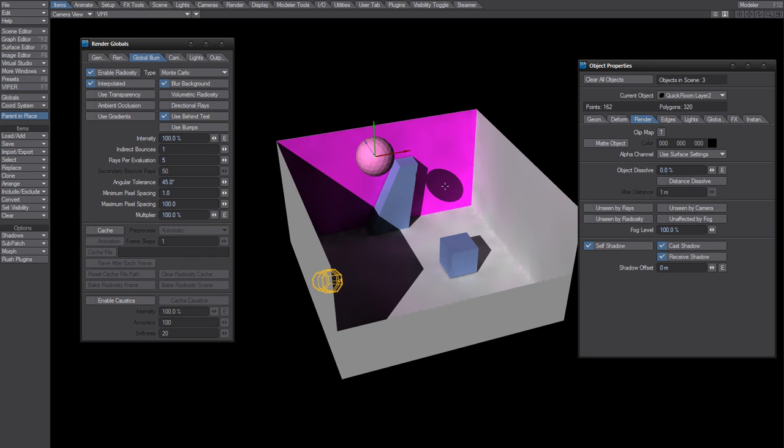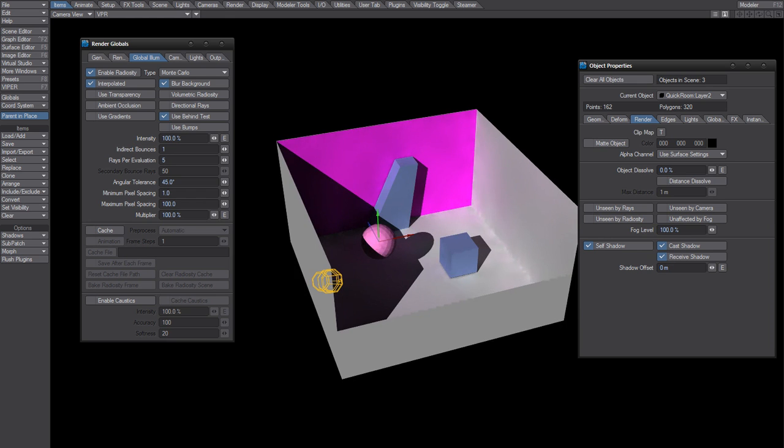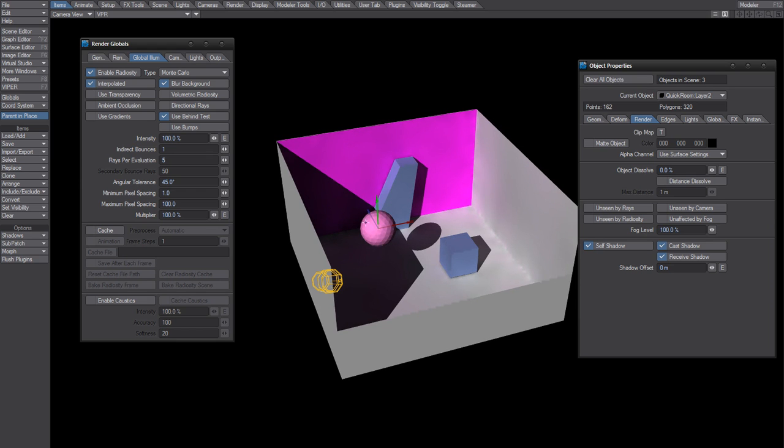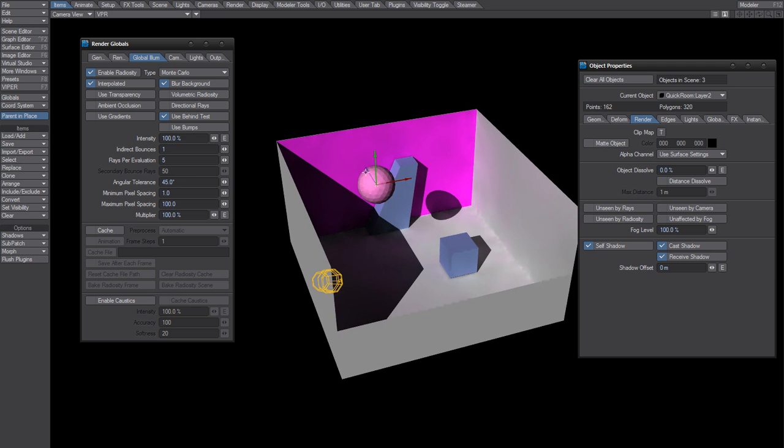So if you want to bake this wall, make sure that you don't have any shadows or anything like that affecting it as far as animation goes. It should be static. It's fine that this sphere here is in front of that wall. That's not going to affect it. But as soon as you get a shadow here,